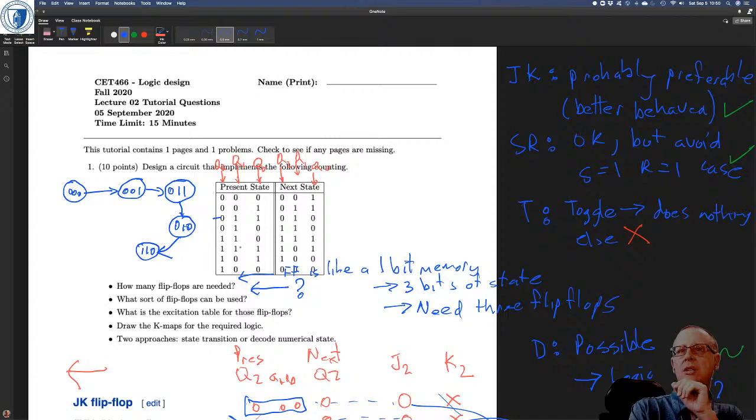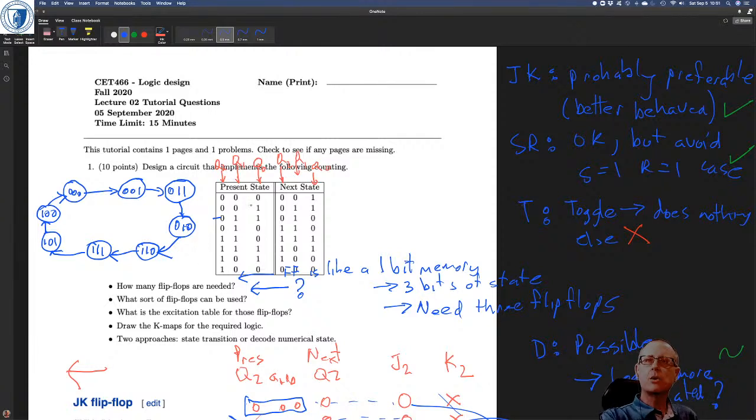And then from 1, 1, 0, we want to go to 1, 1, 1. And from 1, 1, 1, we want to go to 1, 0, 1. And from 1, 0, 1, we want to go to 1, 0, 0. And from 1, 0, 0, we want to go back to 0, 0, 0. Okay, so